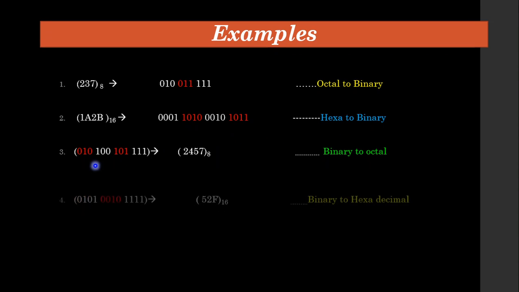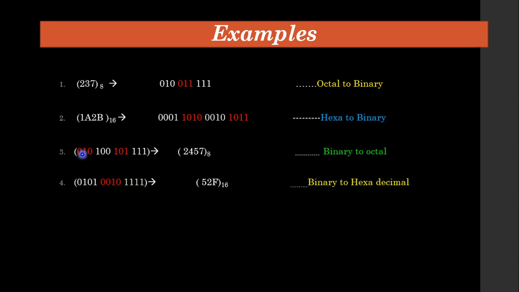Then this example converts from a binary number to an octal number. How to convert a binary number to an octal number? Group the values into 3 and then write the binary equivalent. I have colored the groups red and white consecutively to differentiate the number of bits. Here I have given a 3-bit group in white and then a 3-bit group in red, to show grouping into 3 bits.